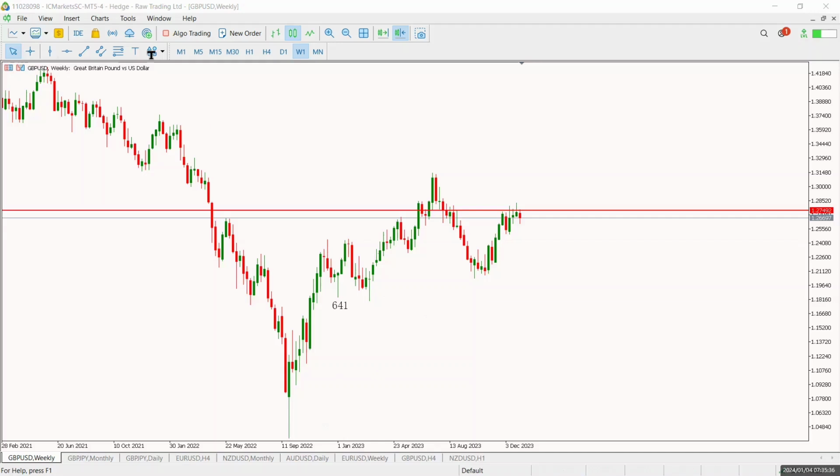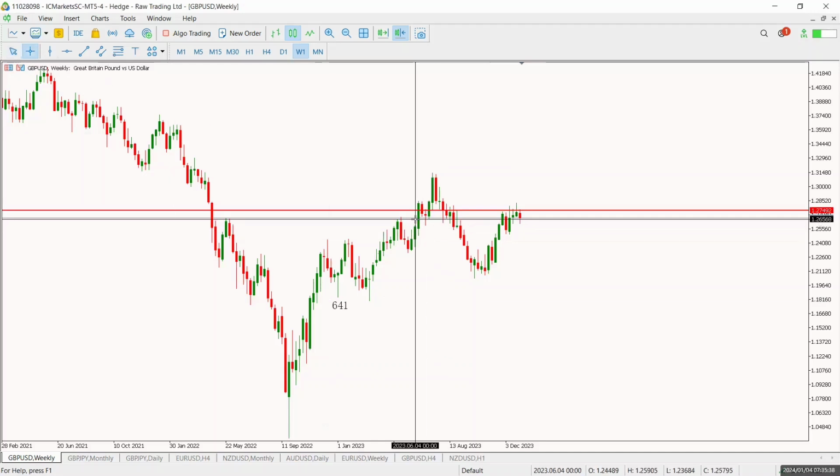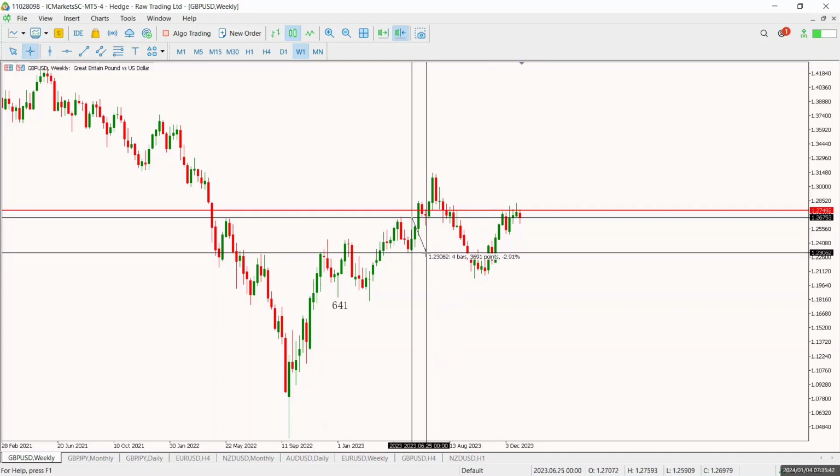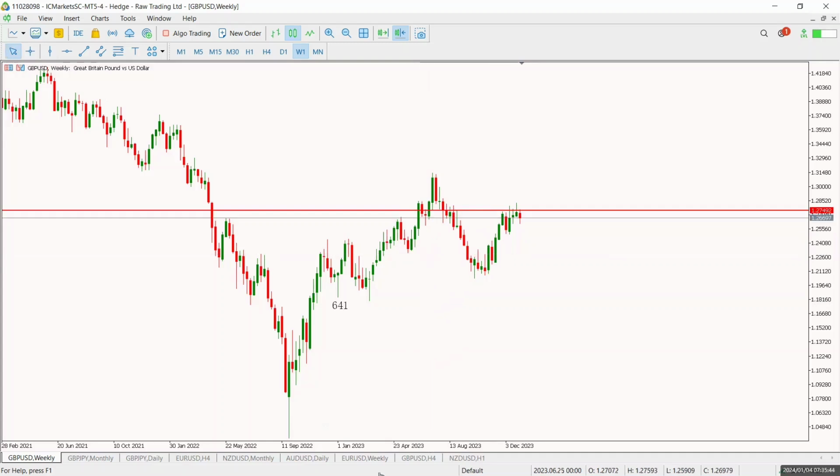641 pips. I'll also measure the next exhaustion. This is 369 pips. Let's write that out. 369 pips. So this lets us know that this fractal here, push exhaustion, is a bigger fractal in comparison to this fractal here. This means that with this smaller fractal here, when the break of structure happened here, we've seen a clear break